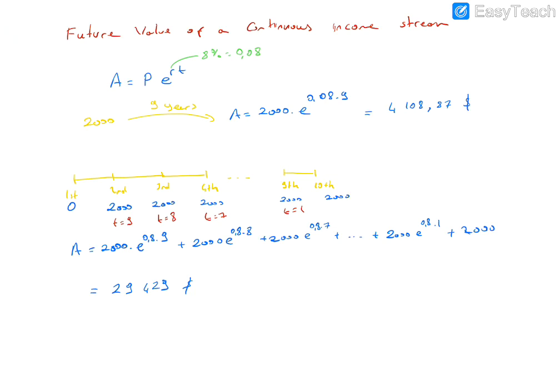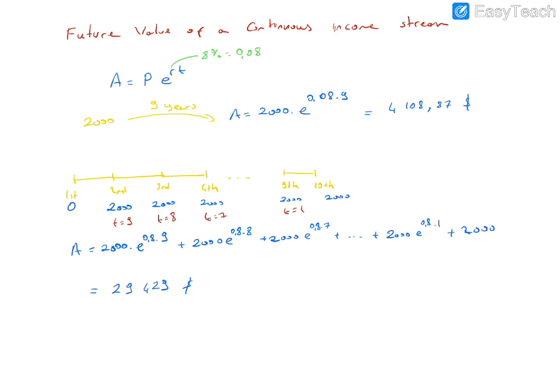The future value of the continuous income stream is equal to the area under the graph of 2000 e to power 0.8 times (10 minus t). Here we have 9. The second year, after 1 year, so t is 1 here. The first year, second year, 10th year, so here t is 1. I wrote t is 9, t is 9 actually, but this is 10 minus 1.